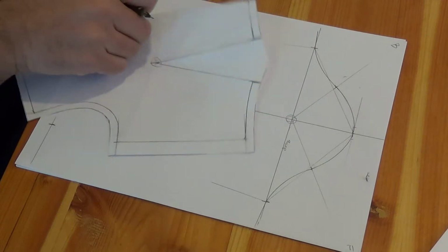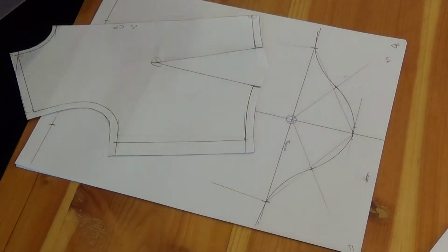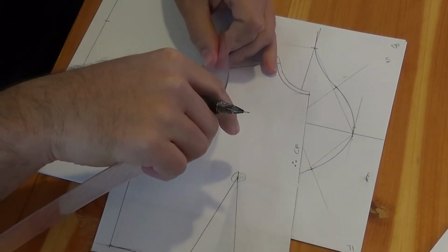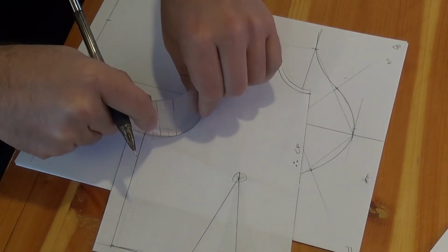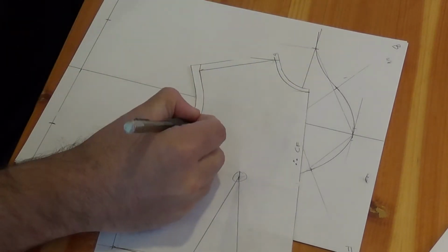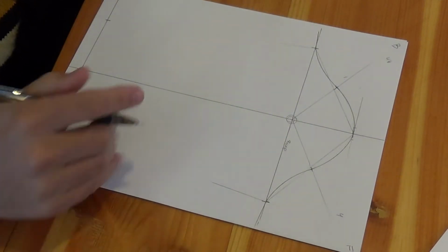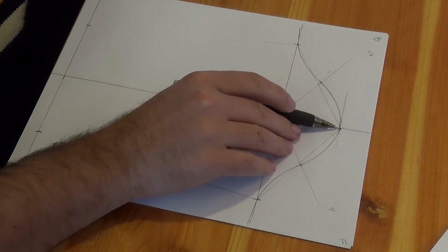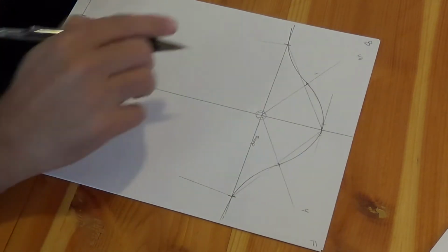And then on the, let me mark it down here. And then on the front, my full size measurement is 8. Half size, it's a 4, but don't go by my numbers because yours will be different. I'm going to take those two numbers and add them together. So, for example, at this half size, my back measurement was 4 1/8. My front measurement was 4. When I add those together, I end up with 8 1/8 of an inch,